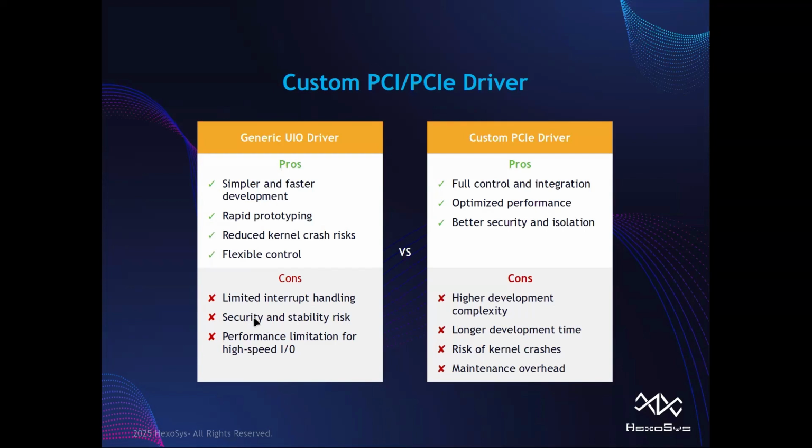Other cons is security and stability risk. Many applications at the same time may want to connect to the same PCIe device and memory map that address in their virtual address space. Controlling the concurrency of writing and reading is a little bit hard to handle. But in most embedded systems, we don't have many applications that want to use one PCI device, so it's not the case in most embedded scenarios.